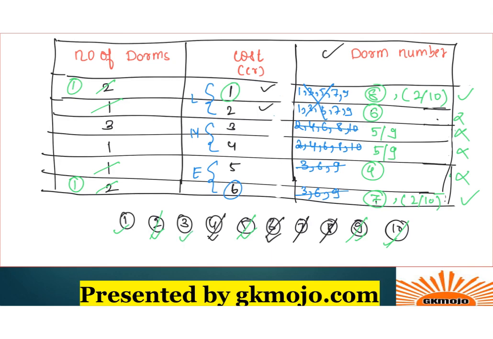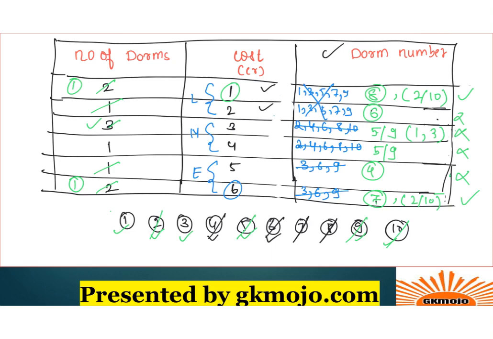Now the only place these two DOMs, that is 1 and 3, can come is over here because there are two slots still left over here, right? Because either 5 or 9 will come and there will still be two slots left, right? And then they will be exhausted. So over here 1 and 3, right? Now we have sorted it out.